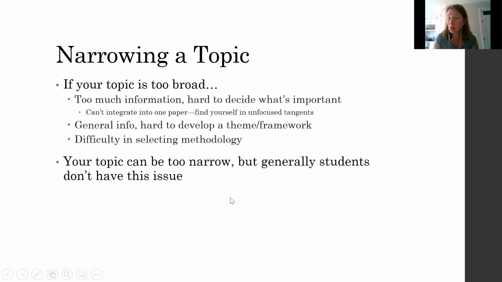There can sometimes be a problem of a topic being too narrow, but generally this is not the issue I see. Generally I see topics that are too broad. A topic can be too narrow, but I would say generally don't worry about your topic being too narrow unless maybe you're writing your capstone. If you're writing something of that length, then yes, you need something that's going to be able to stretch on over, you know, 50 pages. But generally for your everyday papers, it's going to be hard for you to make it too narrow. Not that it's hard to do, but it's just rarer to see.